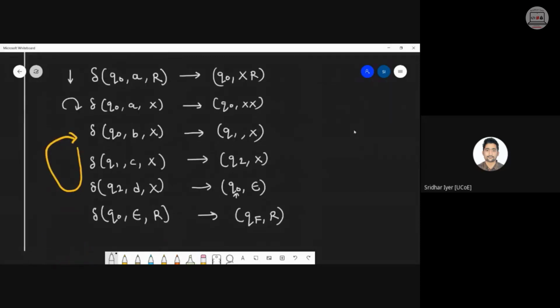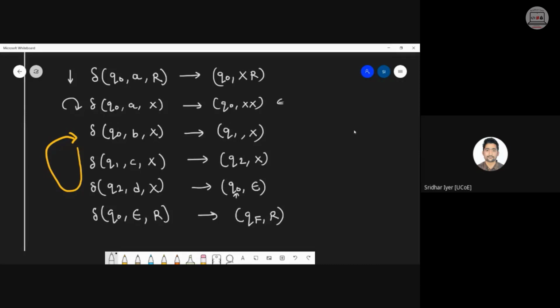So the question is very simple. Again, have a look at the implementation. Whenever we encounter the a on top of r, we need to push x. We need to loop it n number of times over here. Then the first b term is ignored. The first c term is ignored. Once we reach the d term, we have to pop it from the stack. Pop the x from the stack basically. So this is what happens, and it will keep on looping n number of times.